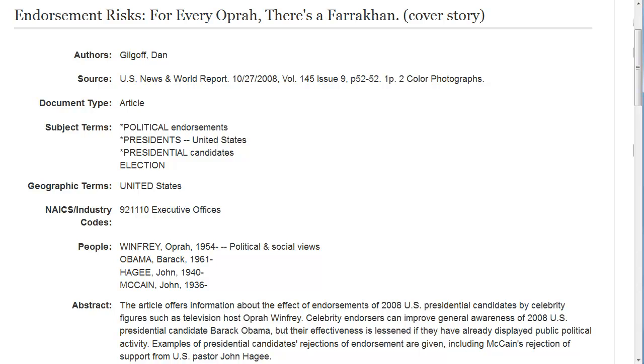For every Oprah, there's a Farrakhan. Based on the title, this article isn't obviously about politics, and the language suggests a more general audience. From the abstract, I learned that this article talks about the effect of celebrity endorsements in the 2008 presidential elections, so it is relevant, but I don't see anything referring specifically to research in the abstract. The author doesn't have any affiliations listed, so probably a journalist rather than a professor, and looking at the source,